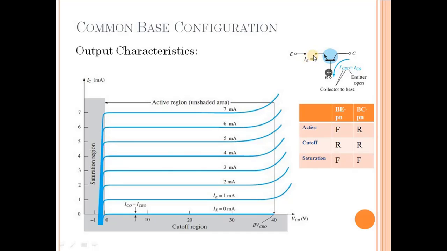So when IE is finite, let's say some positive value, then whatever collector current exists is in addition to this ICBO. So when IE is, let's say, 1 milliampere, then IC will be some IC majority plus ICBO. Then again, talking about the minority current ICO, or ICBO as we have been referring to it in the common base configuration of the BJT, it is a reverse current due to the minority charge carriers.